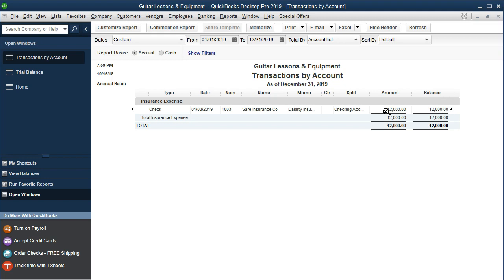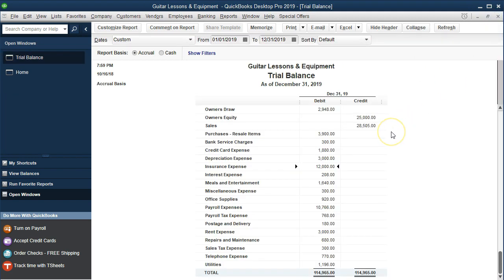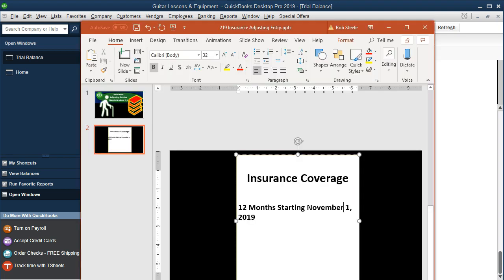If we're going to an accrual basis, which is kind of like the normal financial statement process, then we would have to make an adjustment. Now, if it's in insurance expense down here, we'd have to determine how much of that $12,000 was in the current month, in the current year in this case. If we're saying this is an entire year and the policy started November 1st, so November, December, 2 months, and it's going to be a 12-month policy,